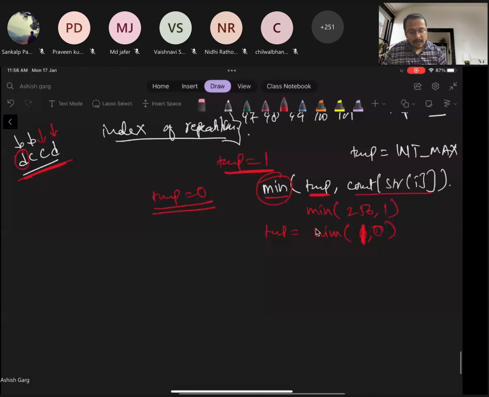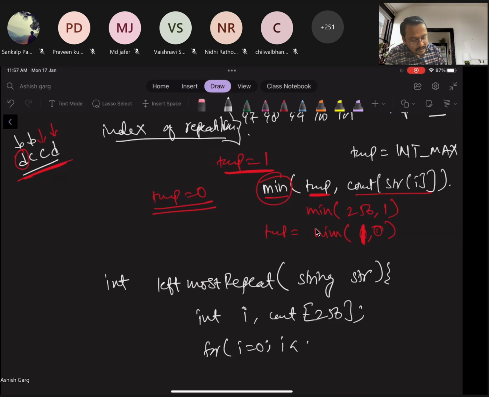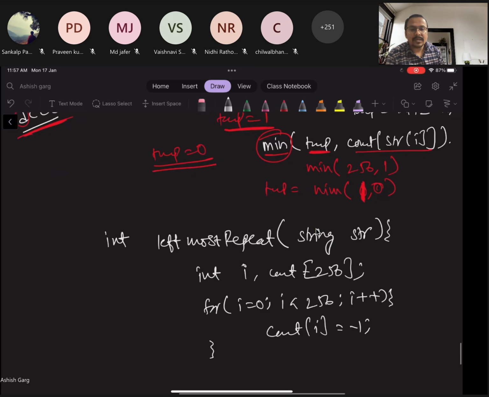Very simple program. Let's say an integer function, which returns the index of the leftmost repeated character, leftmost repeat, given string str, and integer count of 256. For this I have to run a loop, i less than 256, i plus plus, and count of i is equal to -1 to initialize it to -1.